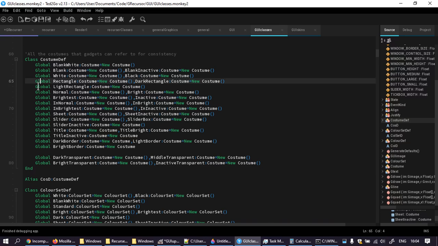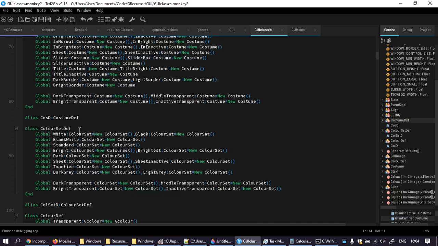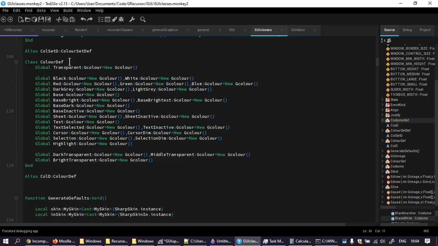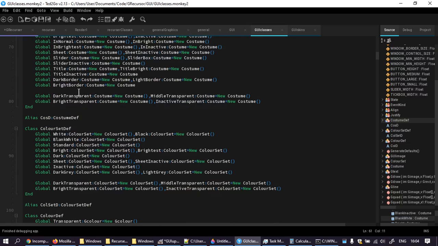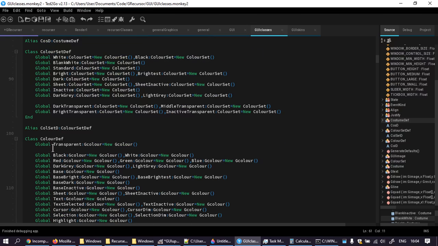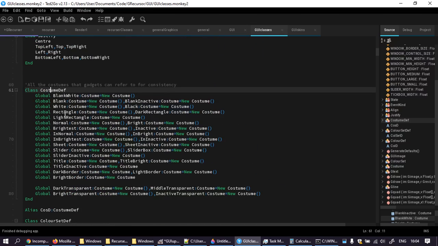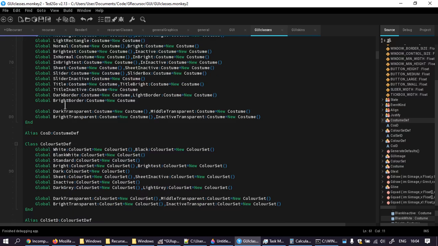If I made these into fields, every instance of this class would have a whole set of this. Same with this, same with this. And if I just stuck the color set and color definitions into the costume definition class,